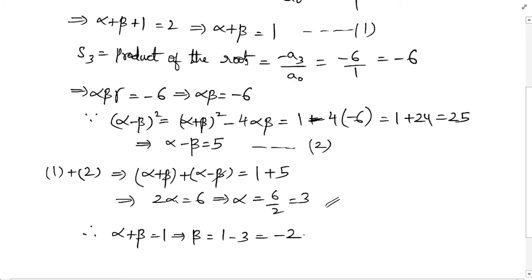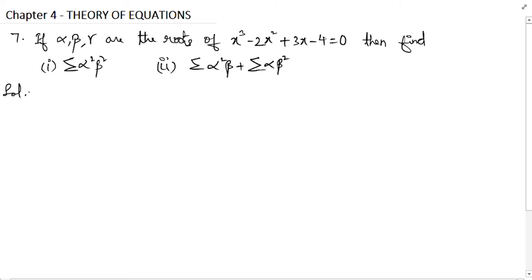So it's minus 2. Okay. So alpha is equal to 3 and beta is equal to minus 2. Okay. So now we'll move with the seventh question. If alpha, beta and gamma are the roots of the equation given, then find the first bit, that is summation